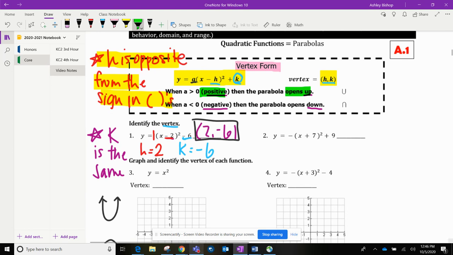And watch the next video for how to do 3 and 4. For number 2, you can try it on your own. Your answer is going to be -7, 9 for your vertex. Try that on your own and